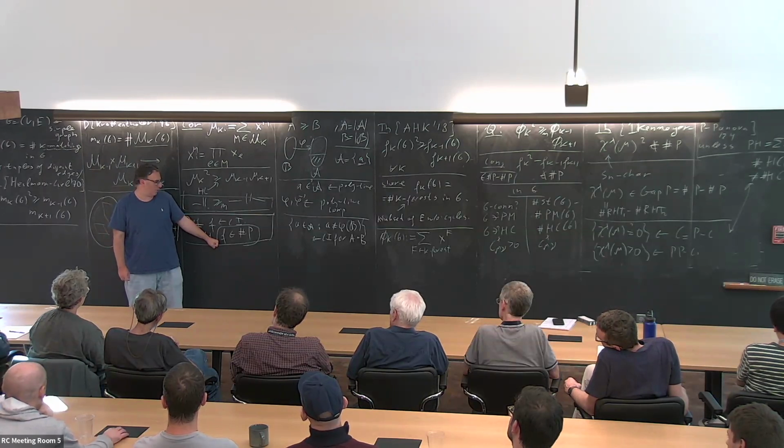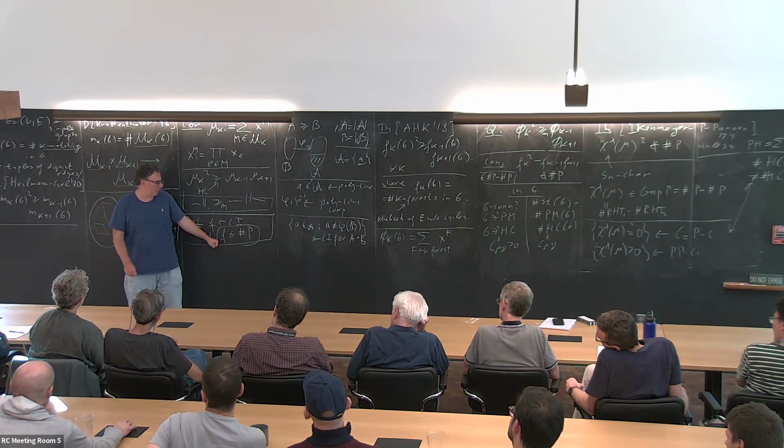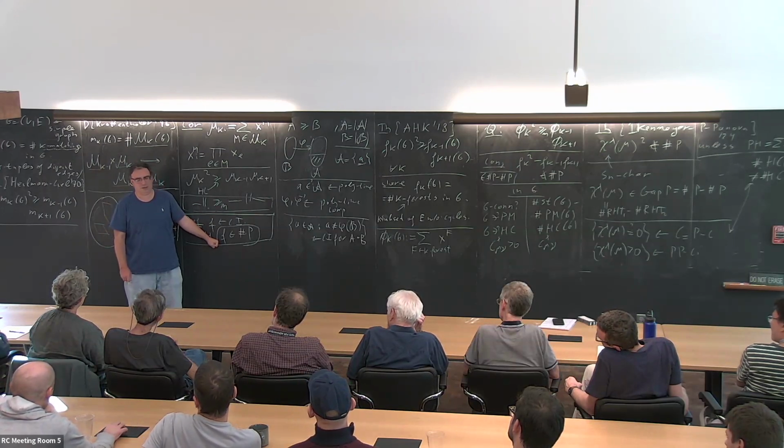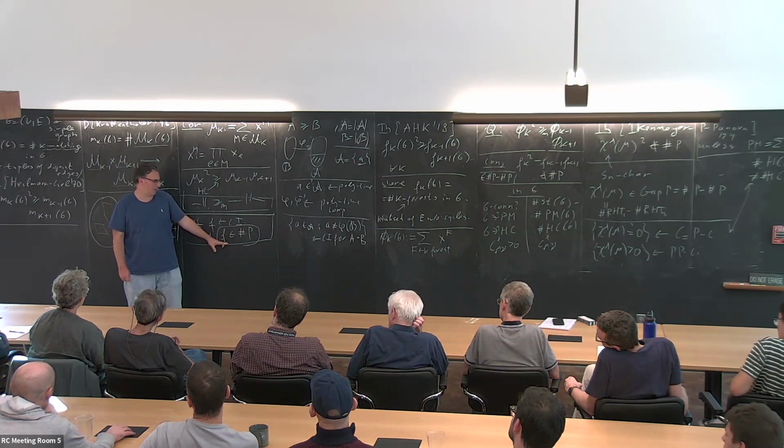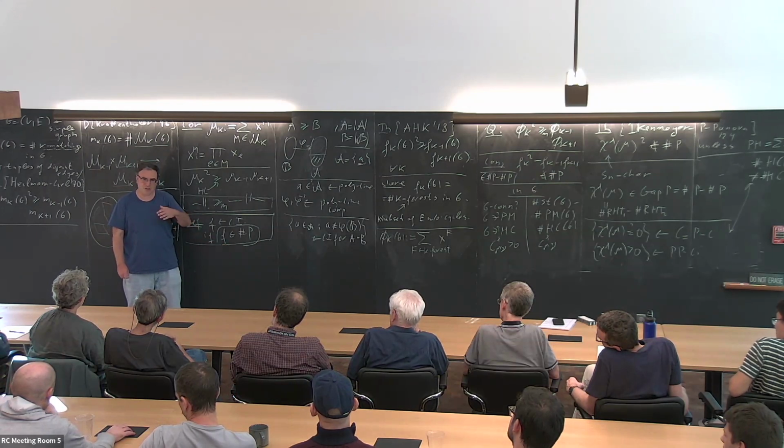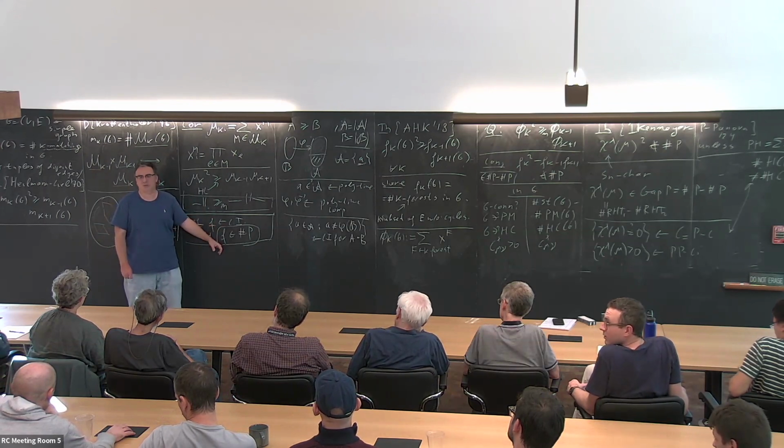Also, because I wanted to have something much smaller than that, which would be more amenable to combinatorial argument, and it just doesn't work. #P is extremely broad. Basically, just about everything you can think of is in #P. So proving that something is not in #P is much harder because it's so broad. But that's what we do.